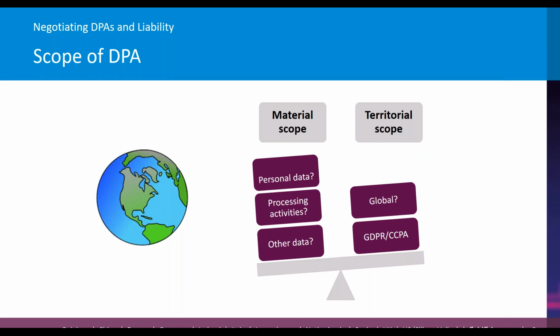By contrast, in other US states, like Virginia and Colorado, those are states which are introducing their own data protection laws as well. We're seeing more and more of these laws starting to come in. But some of those actually might be closer to the GDPR. Virginia and Colorado, those are two examples which actually look a little bit more like the GDPR than the CCPA. So in some cases, your DPA might be enough for those.